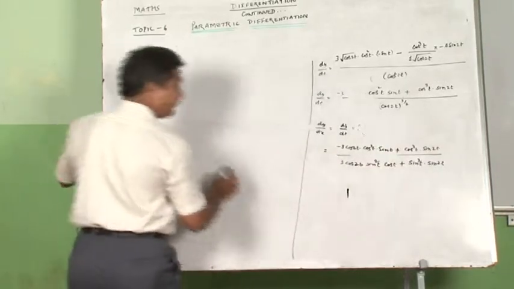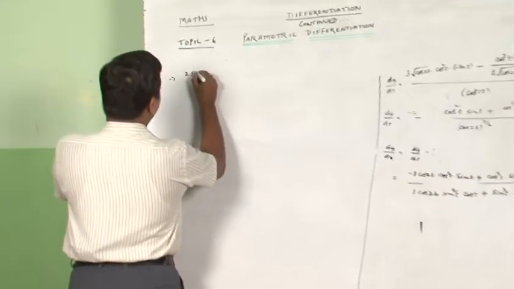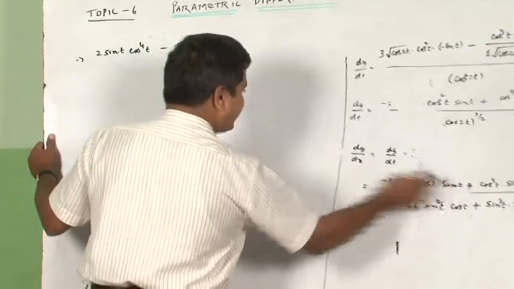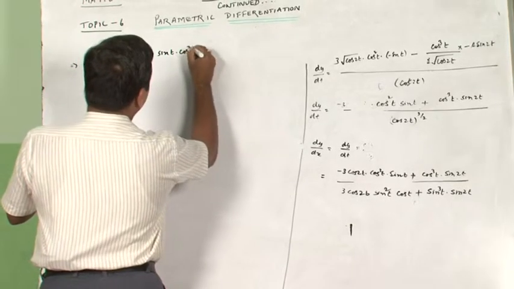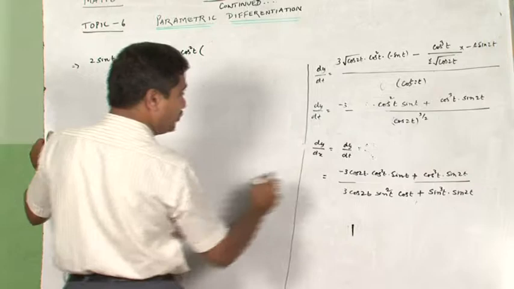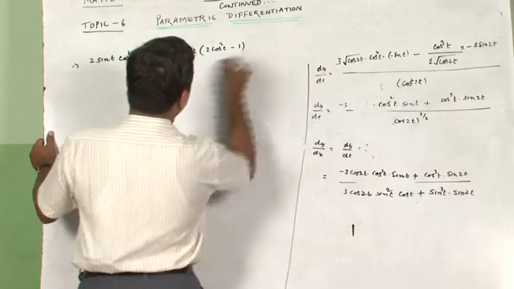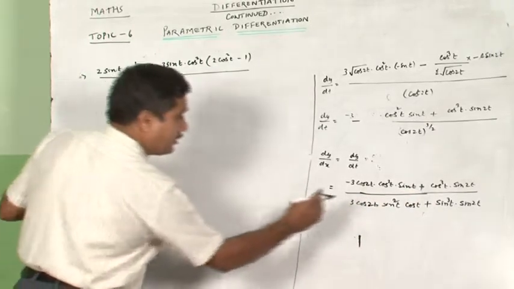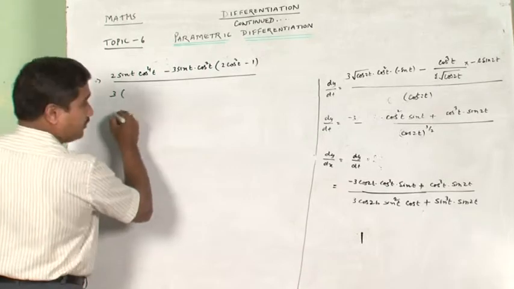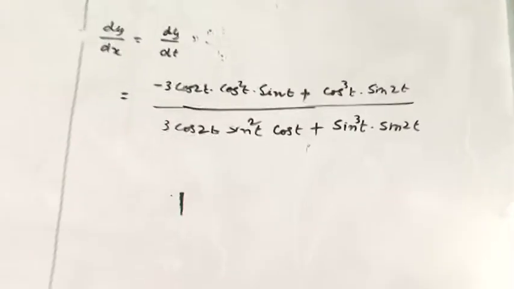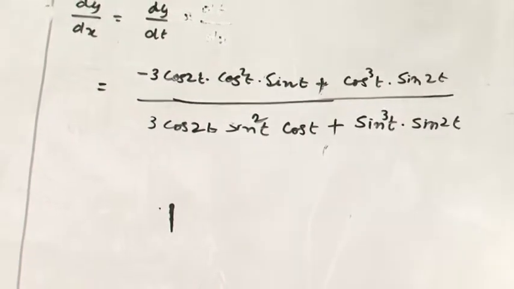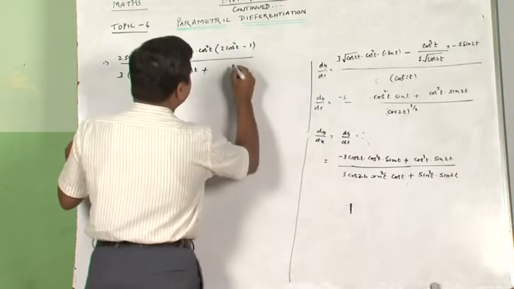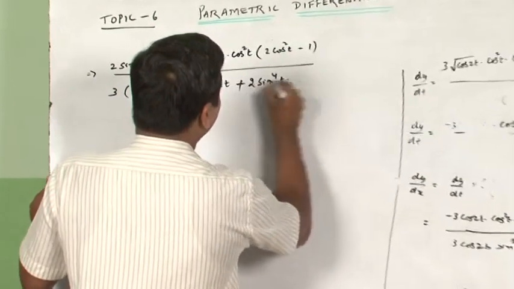Now watch very carefully the numerator. I will be writing it as 2 sin t cos to the power of 4 t minus, this is cos 2t and the sin t I will take as this sin t into cos square t with 3 standing outside, into cos 2t written as 2 cos square t minus 1, upon cos 2t, again the same structure: 3 into 1 minus 2 sin square t into sin square t into cos t plus sine to the power of 4 t into 2 cos t.